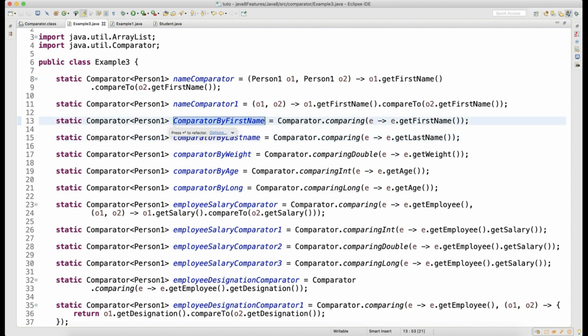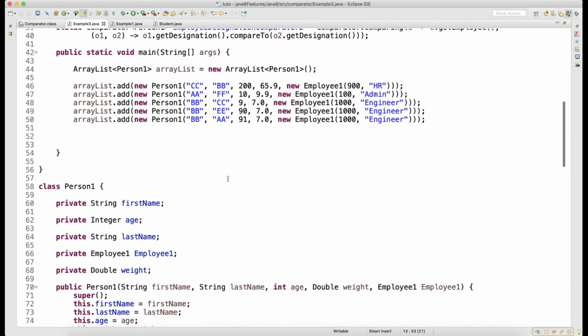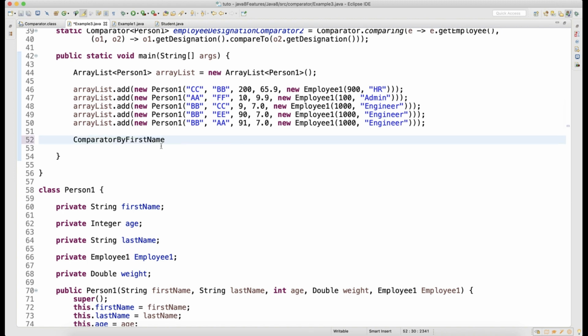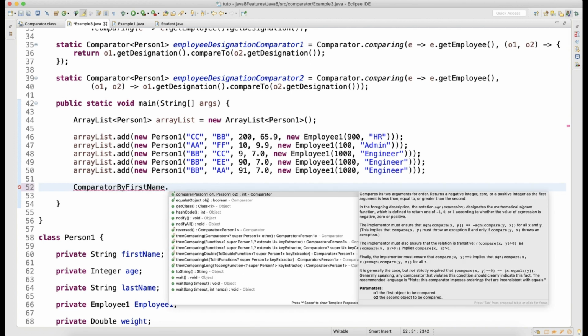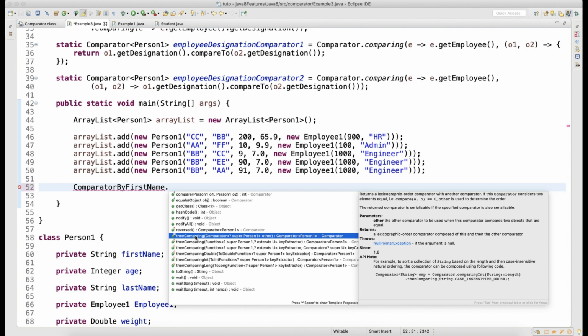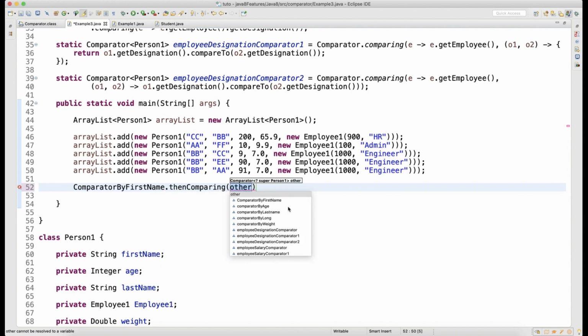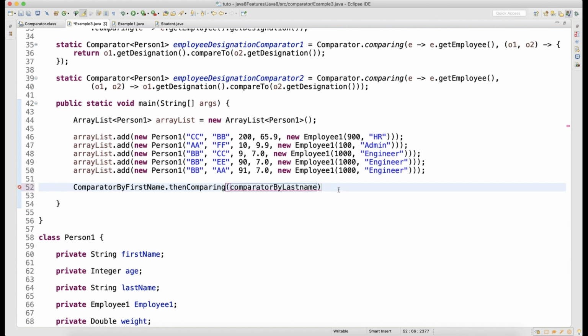Now I will come here and write compareByFirstName and then thenComparing compareByLastName.